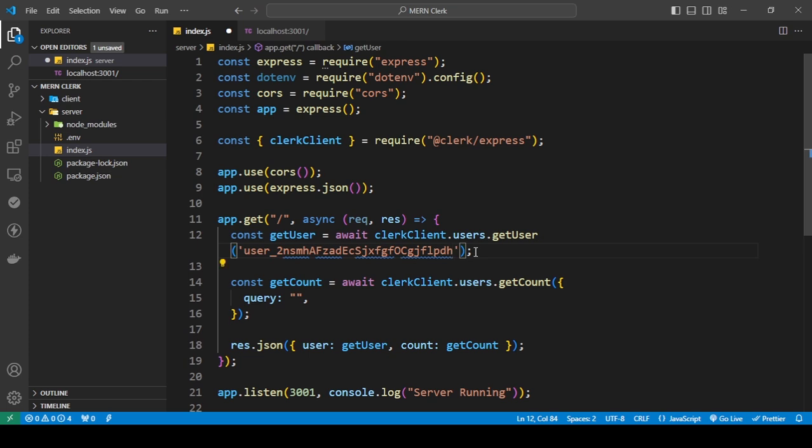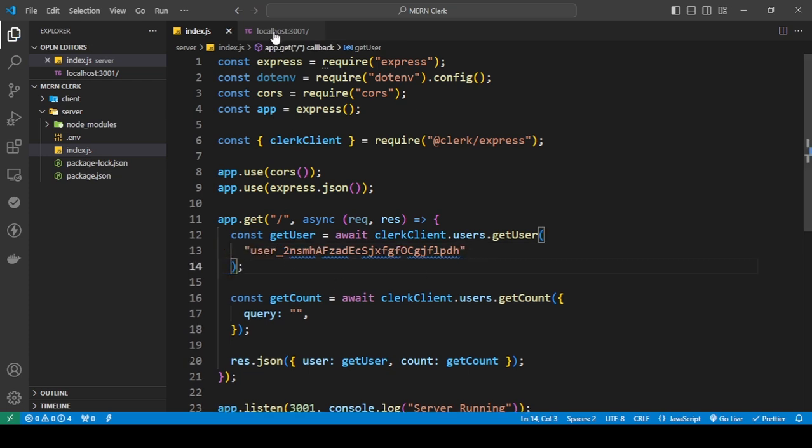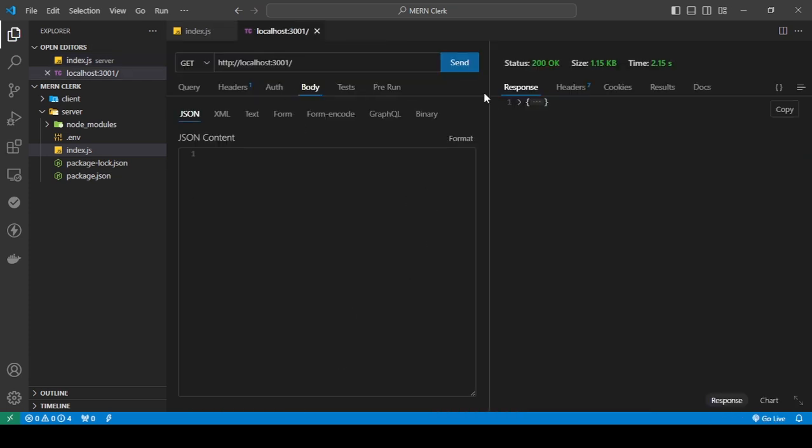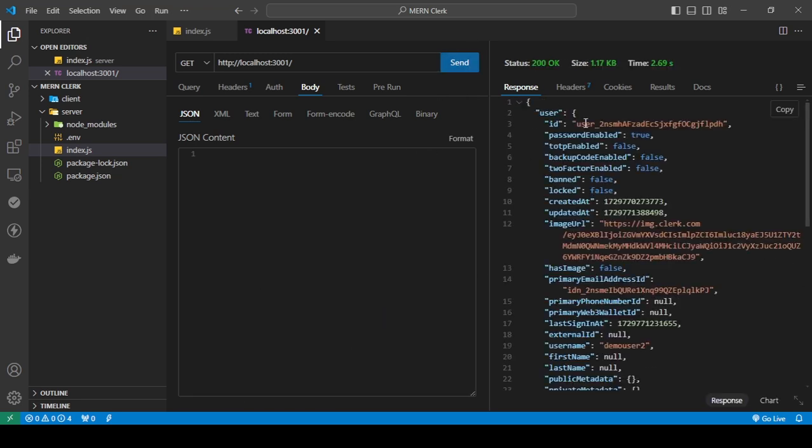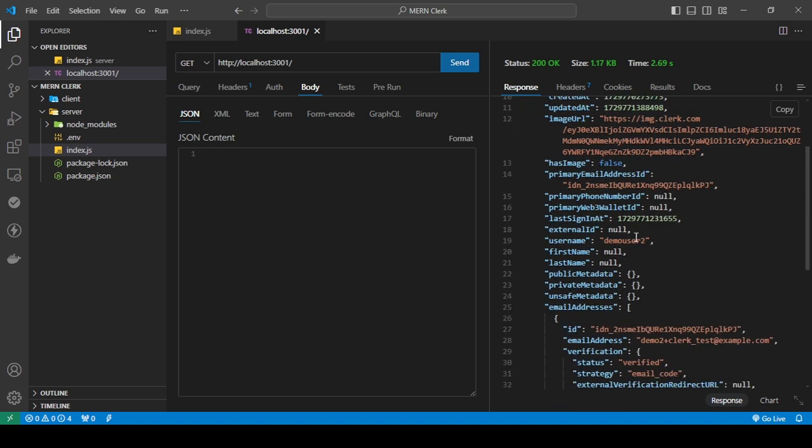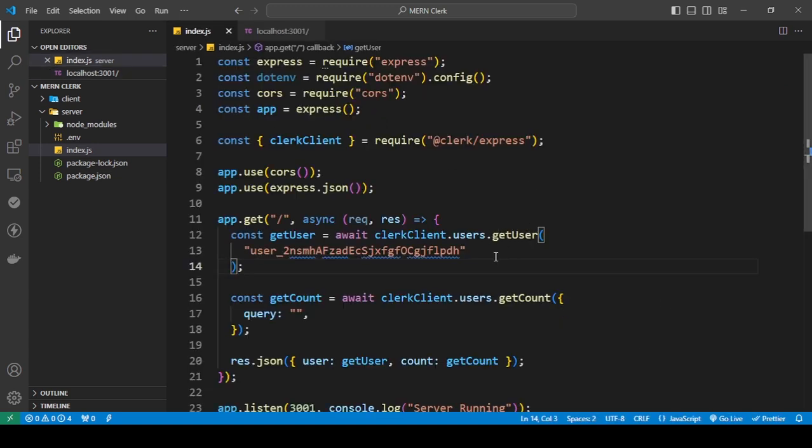and I'm gonna save this, and I'm gonna use Thunder Client for this. So I'm gonna send a request, and as you can see, I am getting the information related to the user by their ID, all of this. So this is how you use the getUser to get all the information about a single user using their ID,